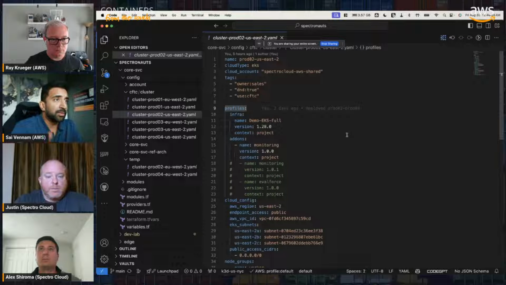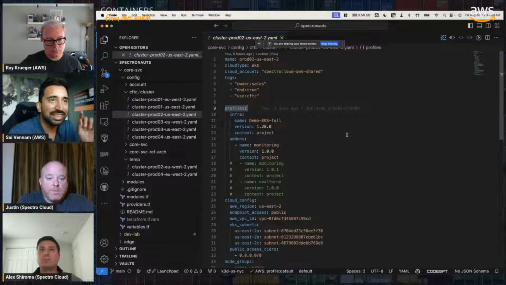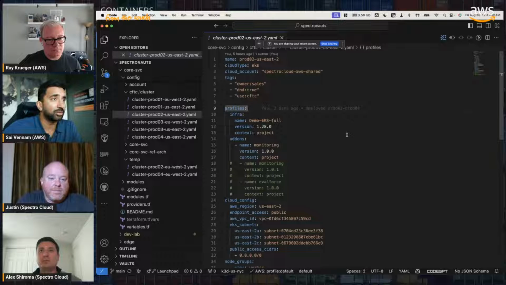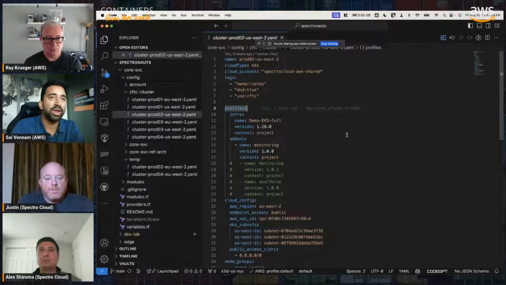Gotcha. The reason I bring this up, I recently read a really interesting blog from Figma on how they migrated to Kubernetes in less than 12 months. And one of their key takeaways was keep raw Kubernetes YAML from users. They had built something very similar to this, which basically wraps the different things that their end users within the company might do with Kubernetes, like deploying an ingress or a service or a load balancer or any of the things that you showed, like Karpenter, and they created almost natural language around it. Not fully, but they kept the raw YAML away from their end users.